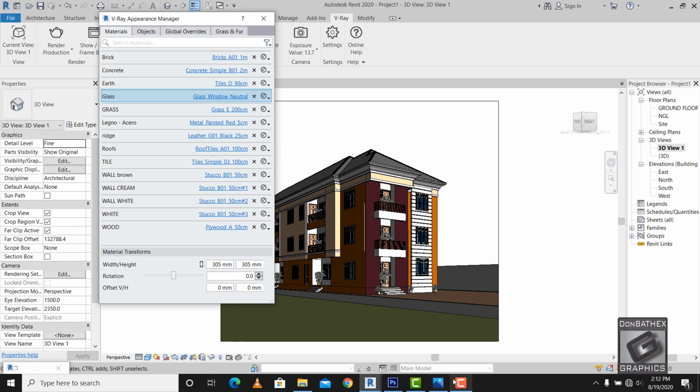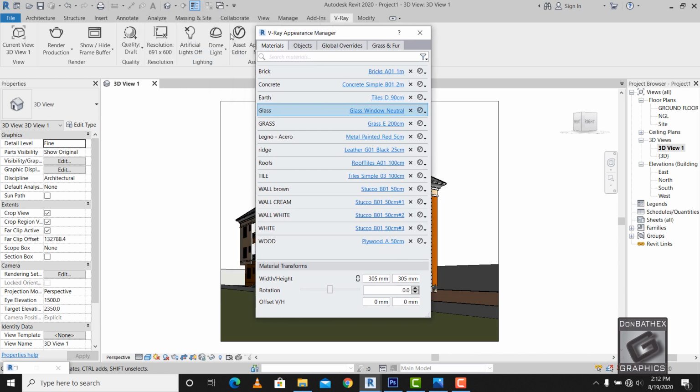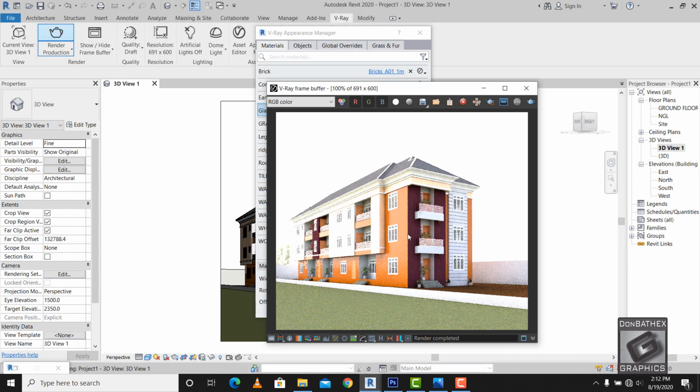So if you just click on this render button again to see what we have done,